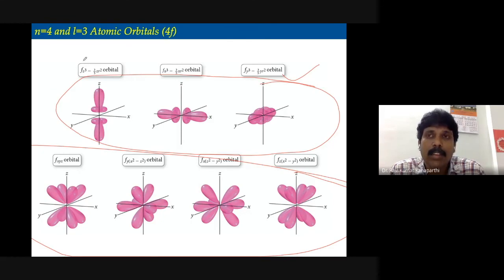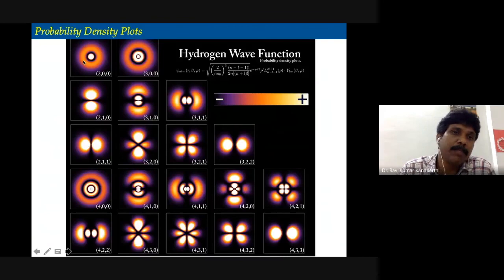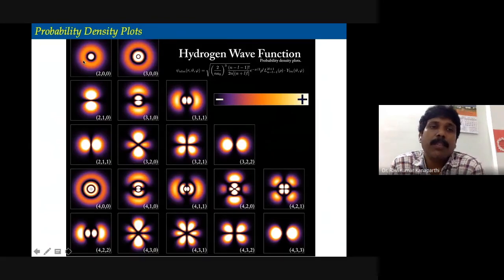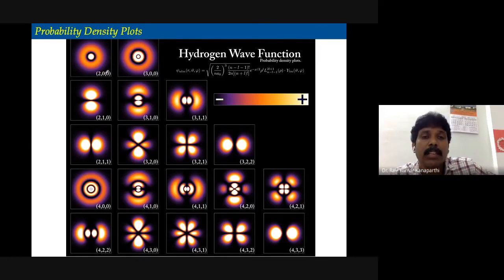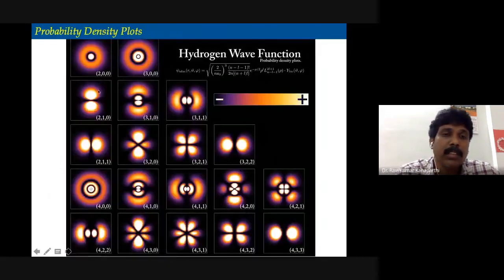Instead of manually plotting all those things, you just give these values to the software, and the software will do everything. So some of the freely available software you can try out if you are really interested in how these things come up. Now, this is a summary of all the density plots. You can see all the density plots are summarized here. This is very nice: how the total density is actually changing in space, as depicted in each diagram.